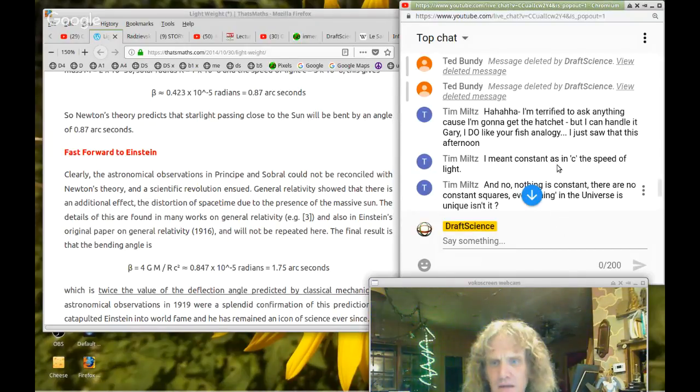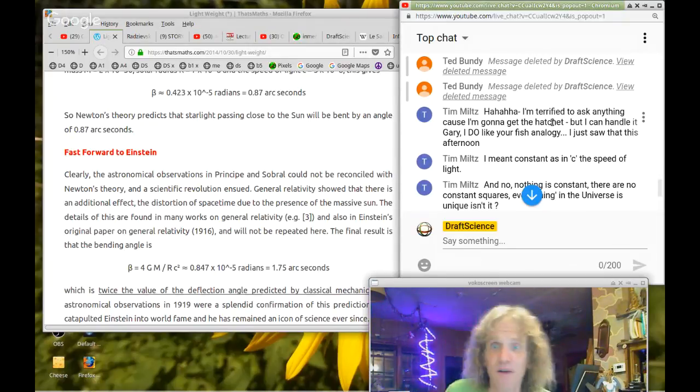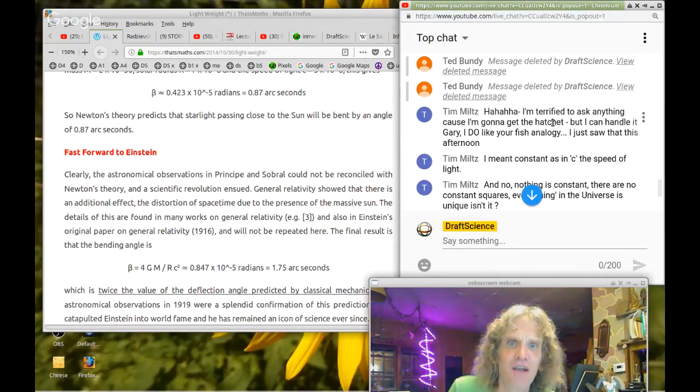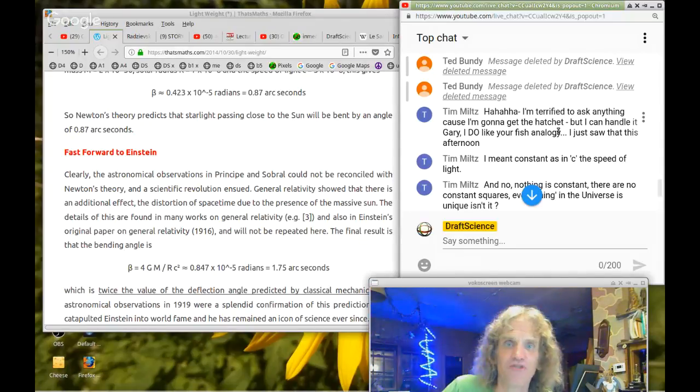I mean constant as in c, the speed of light. Again, it's the speed of force, as I've pointed out, but why reiterate what I've already said over and over again? Fine, you don't believe in constants for no rational reason. Go ahead and do that. I'm saying there's not one single piece of evidence indicating the constants are in any trouble at all. The constants are doing quite fine. They're not the ones erasing 2s and writing in 4s, idiot.